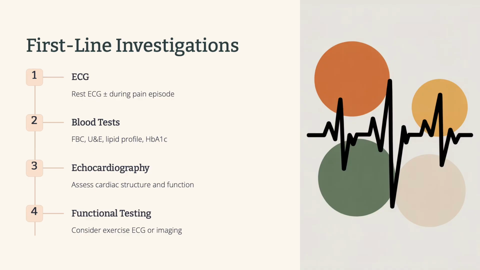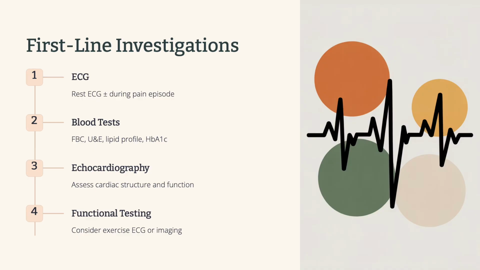Got it. And the sources also mention an echocardiogram. What's the point of that one? An echo uses sound waves to create images of the heart, so we can actually see the structure and function. Is it pumping properly? Are there any leaky valves? Has there been any damage? So ECG is electrical activity, and echo is the physical structure. They kind of work together then. They do. They give us a really good understanding of what's going on with the heart.